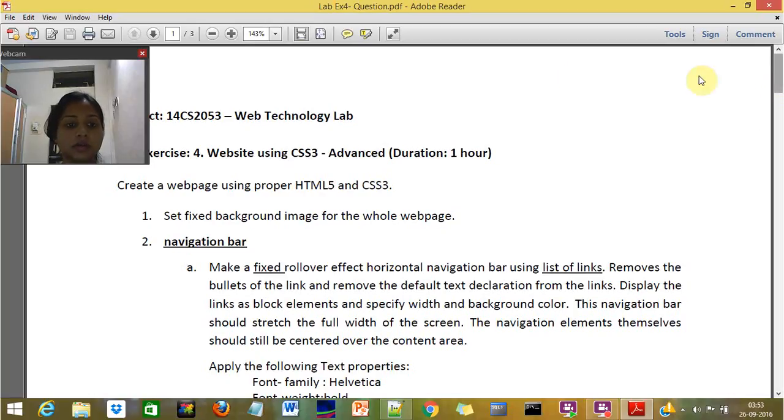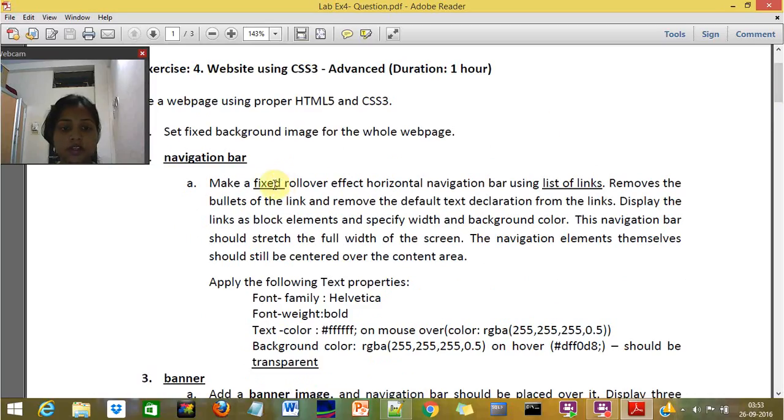According to the question, first we have to set a fixed background image for the whole web page. Then secondly, I have to set the navigation bar such that a fixed rollover effect horizontal navigation bar is made using a list of links, and the links should be horizontal, removing their bullets. They should have a background,